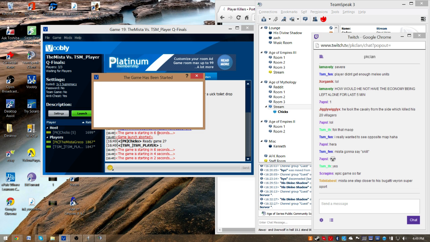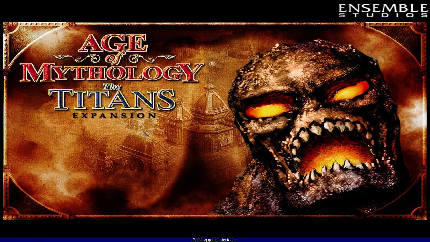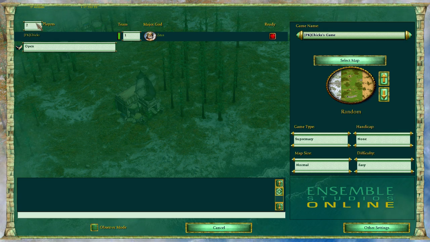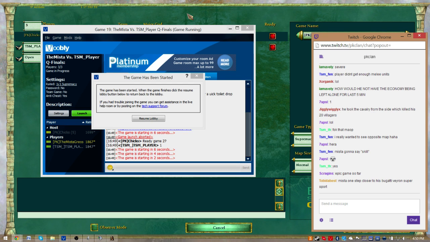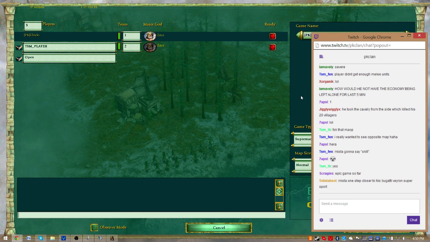Okay, and game 2 on the way. And what this means is Mista can't play Zeus this time. So I'm probably expecting either Set or Random Greek. One of the two. If I was to guess, I would probably guess Set, but